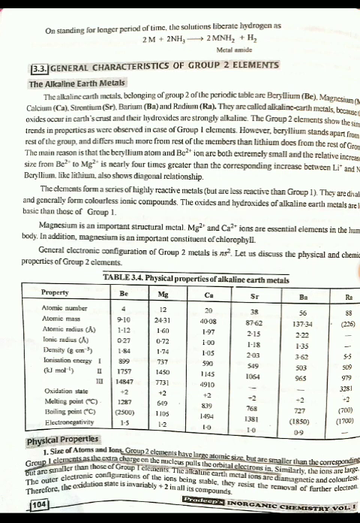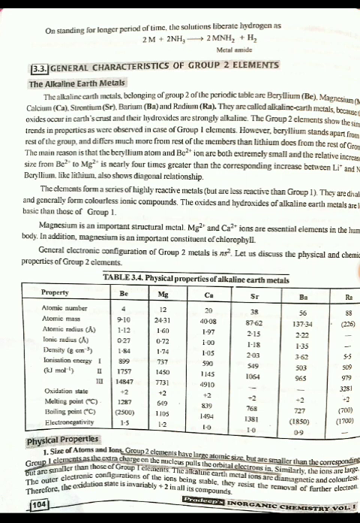Let us discuss the physical and chemical properties of group 2 elements. Table 3.4. Physical properties of alkaline earth metals. Property. Atomic number. Beryllium 4, magnesium 12, calcium 20, strontium 38, barium 56, radium 88. Atomic mass. Beryllium 9.10, magnesium 24.31, calcium 40.08, strontium 87.62, barium 137.34, radium 226. Atomic radius in angstrom. Beryllium